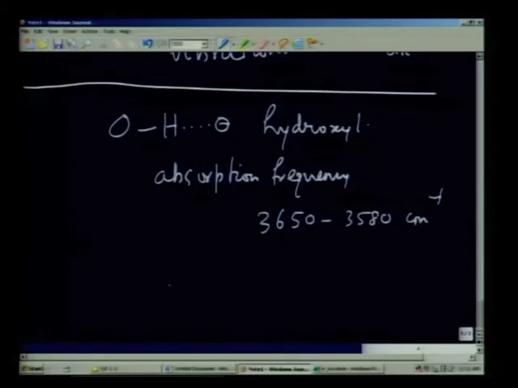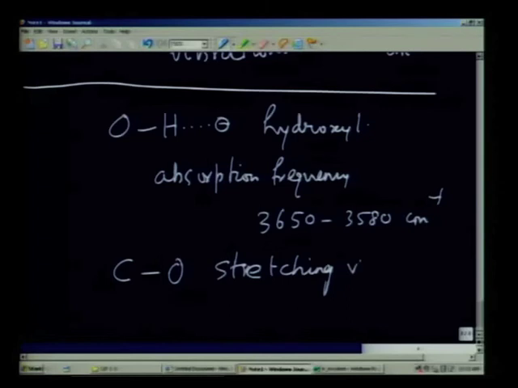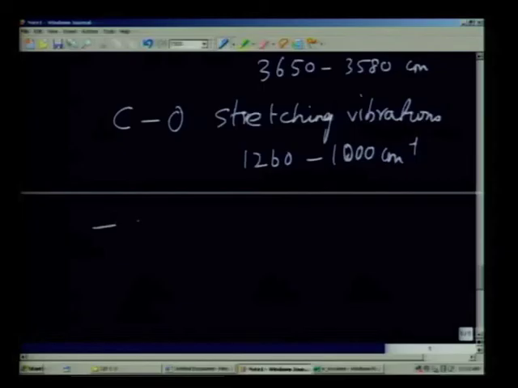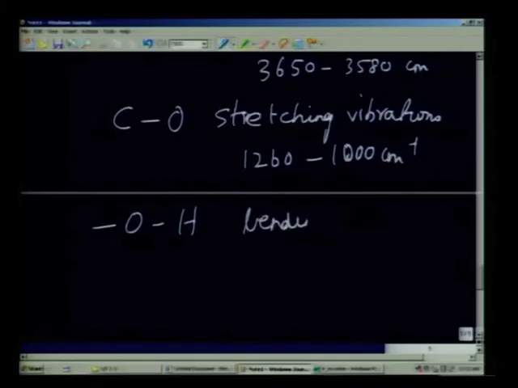The CO stretching vibrations are between 1260 and about 1000 centimeter inverse, and the OH bending vibrations, as you had seen earlier for the water molecule with the other hydrogen here, in general fall in the range